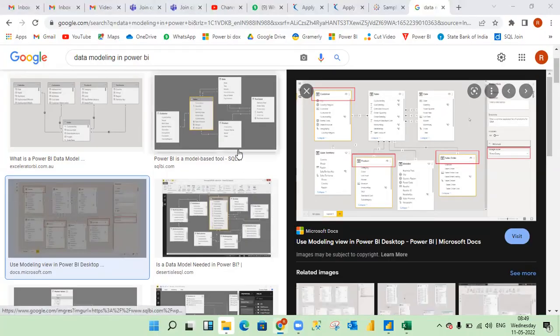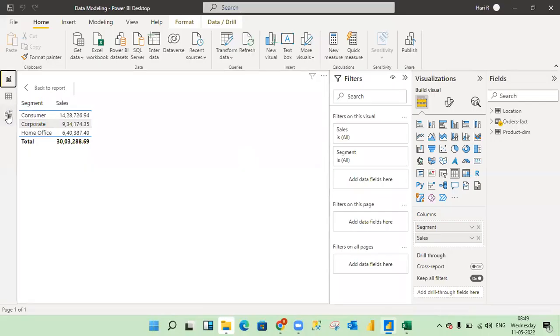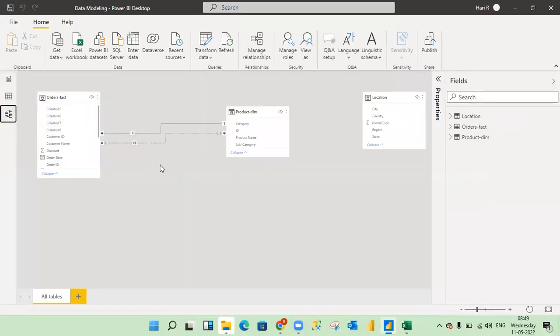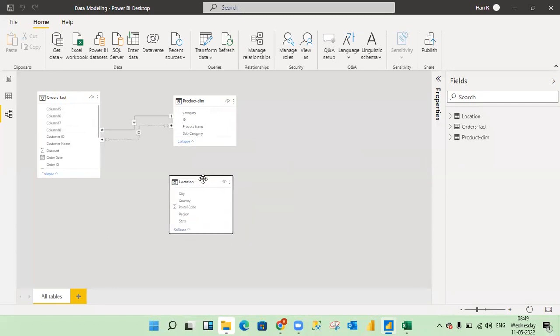See, as of now, we have loaded sample superstore. Okay, in the sample superstore, we have 3 tables: orders fact table and location table. Again, we can create the relationship between these tables also. Further, we'll create a real